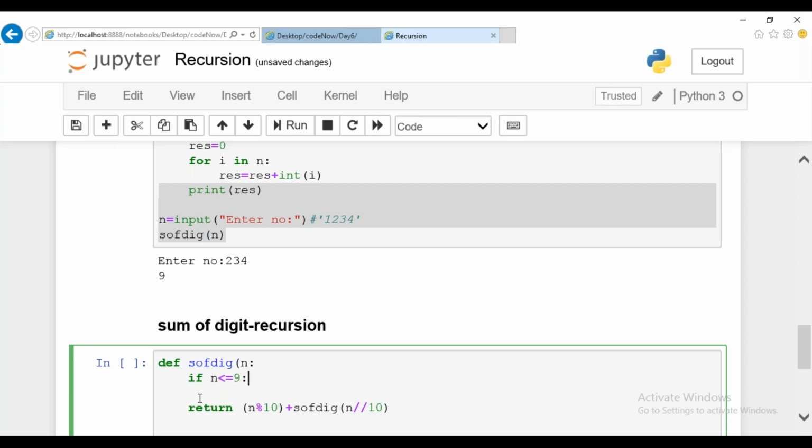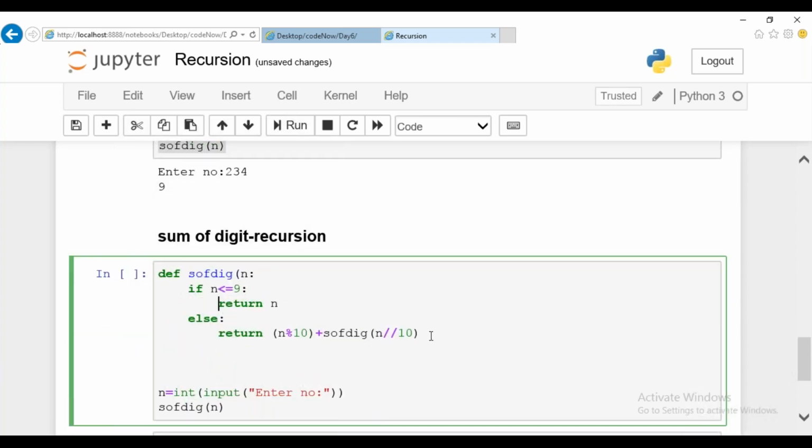Guys, I'm writing the termination condition. This part is your else part. Because I'm writing fragment by fragment, listen carefully. This is a continuous operation: continuously do modulo of it and divide it, call a function. So this termination point might be until it reaches 0, or it can be until it reaches a single digit number. Once it reaches a single digit number, you can return that particular number for your summation, right? So you can mention return n as your value. Guys, is this clear? Same code, I didn't make any big changes in it. Okay.